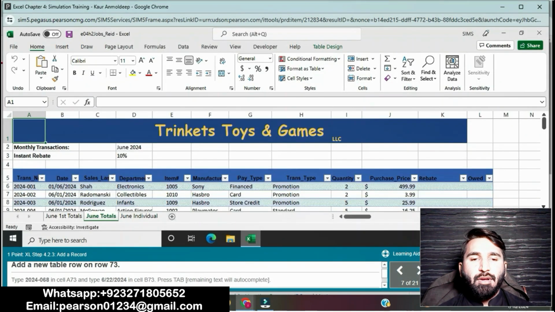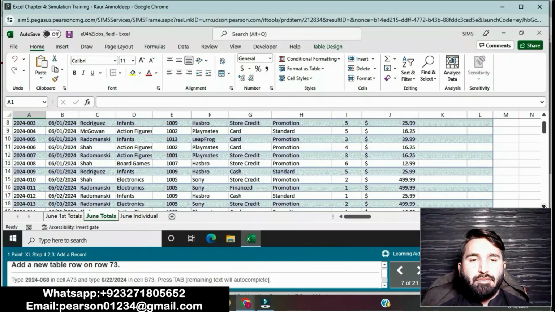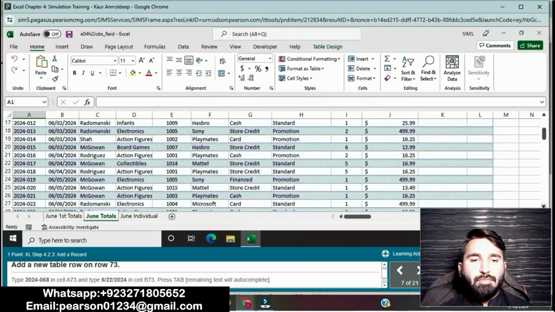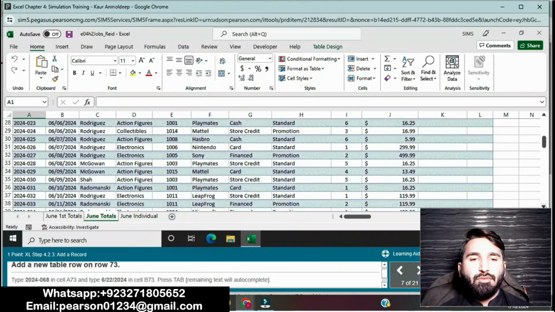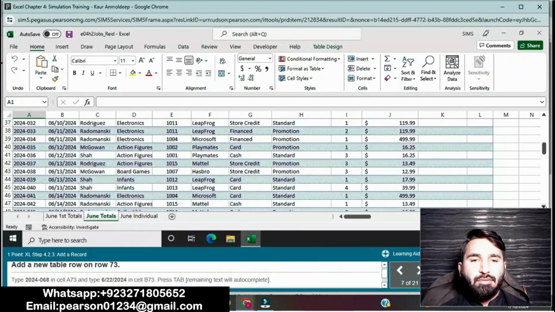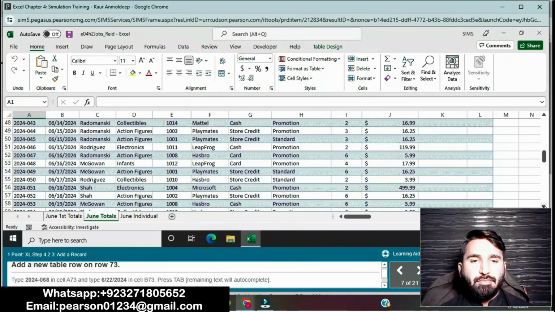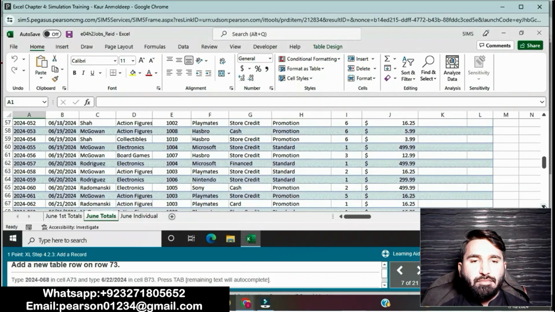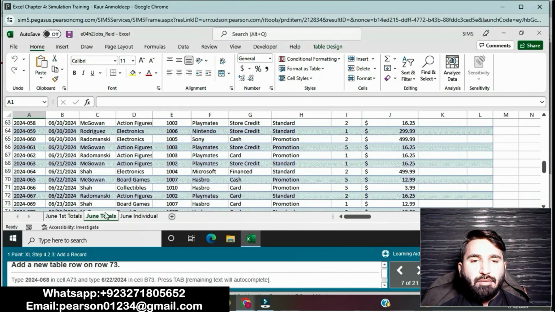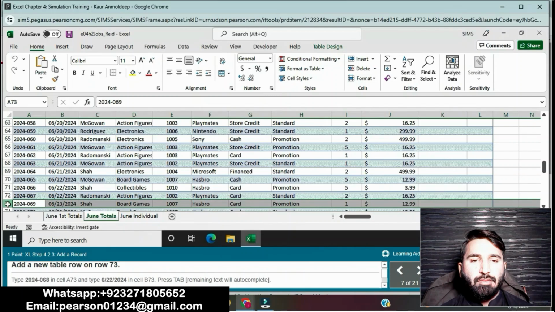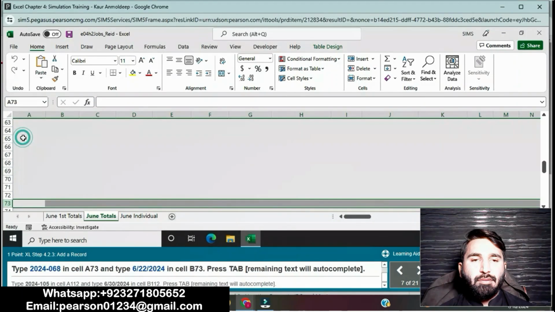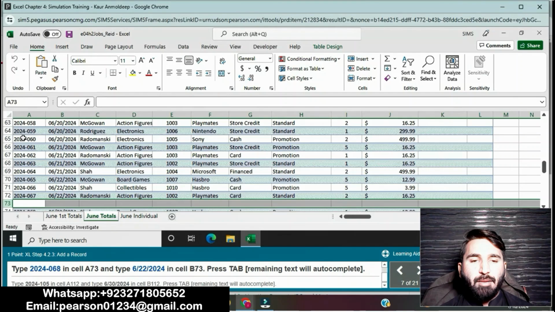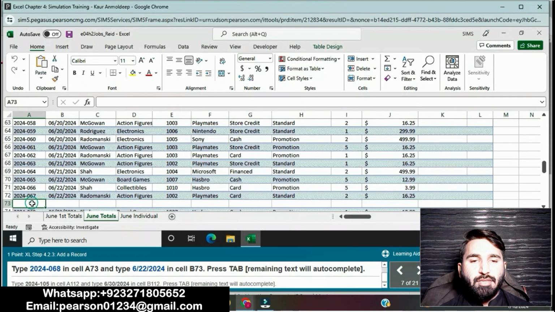Okay, add a new table row on row 73. Then type 2024-06 in cell A73, and type 6/20/2024 in cell B73 and press Tab.